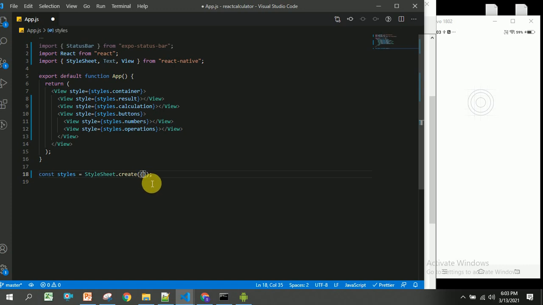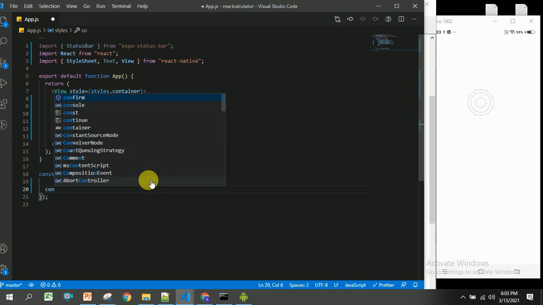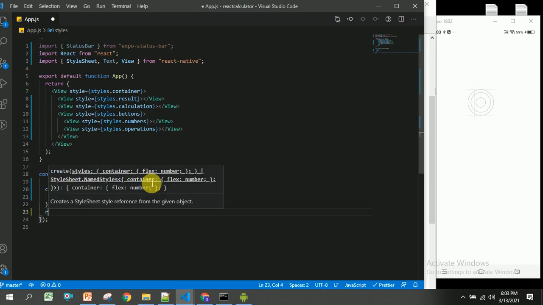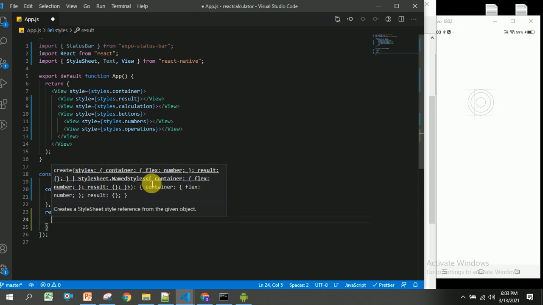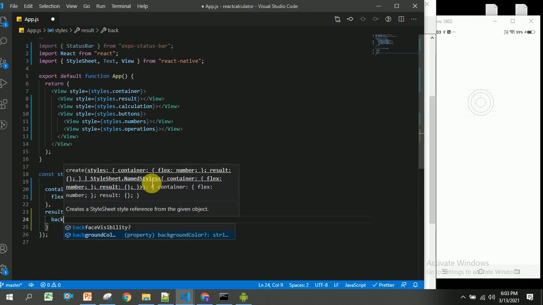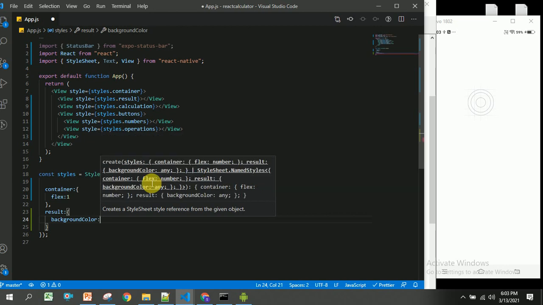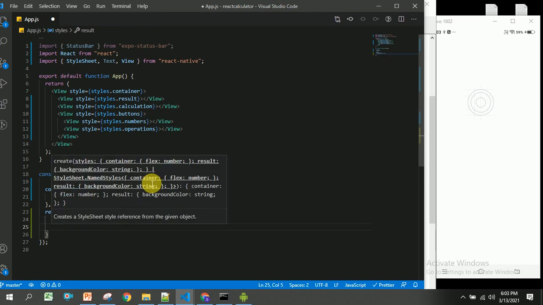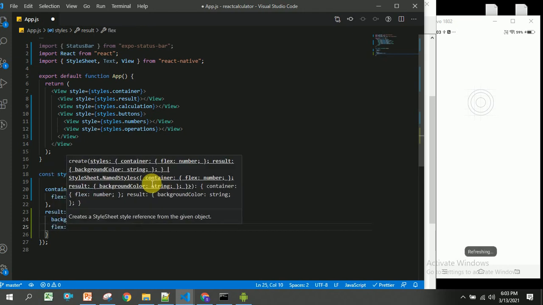So I am going to give some styles for this. First of all, I am going to create some styles for container, and inside this container I am going to specify flex as 1, and for result I am going to specify background color as gray and flex as 2.